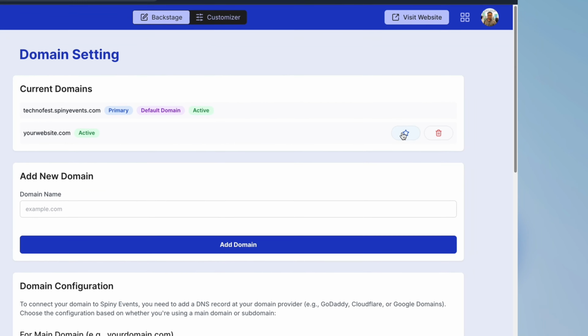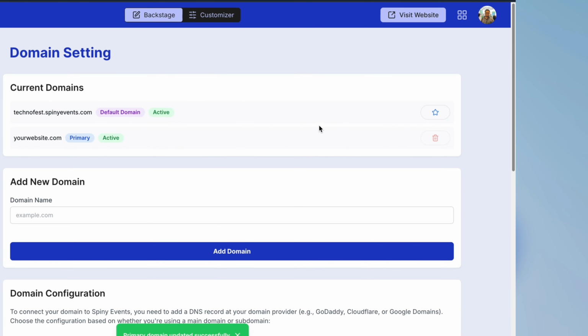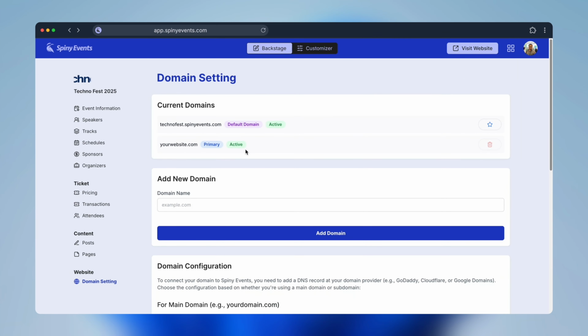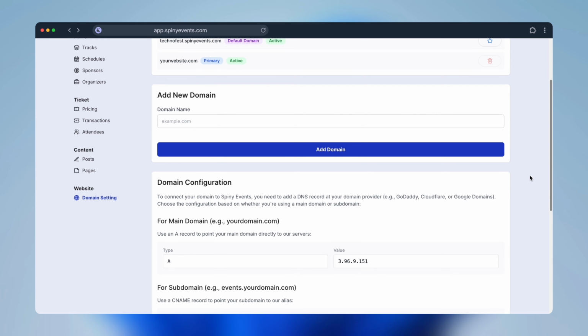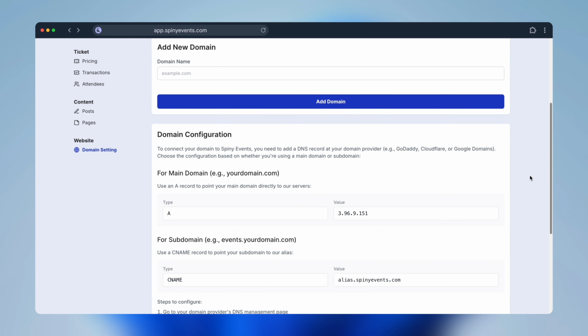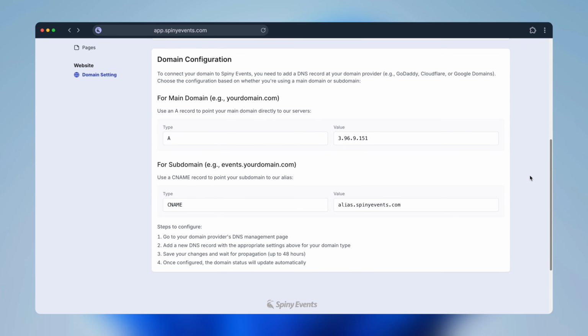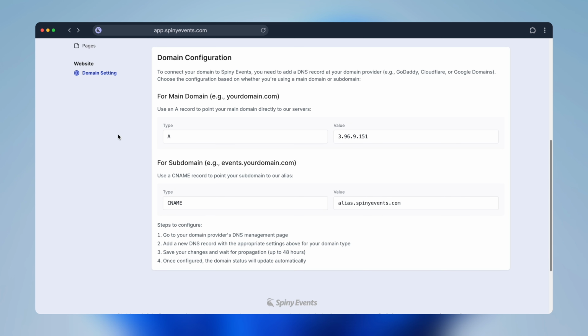You can now set it as your primary domain by clicking on the star icon next to it. This tells the system that this is the main domain for your event website. If you scroll down, you'll see Domain Configuration Details, where you'll find two options. If you want to use a main domain, like yourwebsite.com, use the A record with the IP address